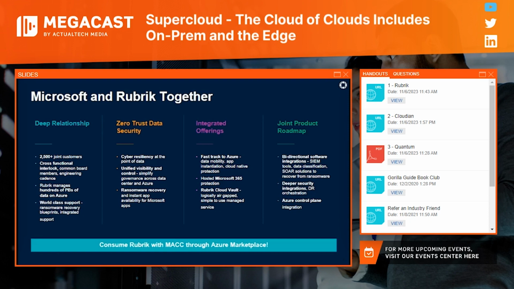We are very, very deeply integrated with the relevant Microsoft development and engineering groups, and that includes the engineering side for things like Azure, security, and the storage teams. We meet with them on a very regular basis, and that has really benefited our 2,500 plus joint customers. We're very closely interlocked, and that certainly continues going forward.